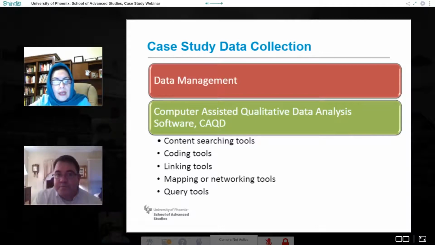Because of that, it is really recommended to use computer-assisted qualitative data analysis software that helps you code your data, link the data, and has mapping and networking tools. It's strongly recommended for a case study researcher to use this software. So if you go to the next slide,